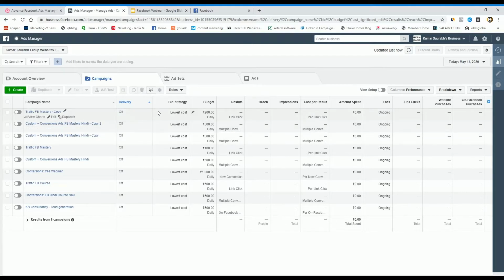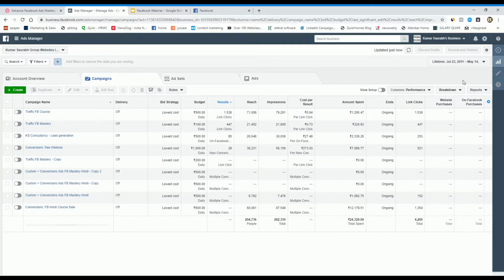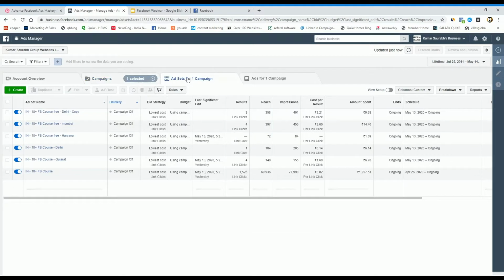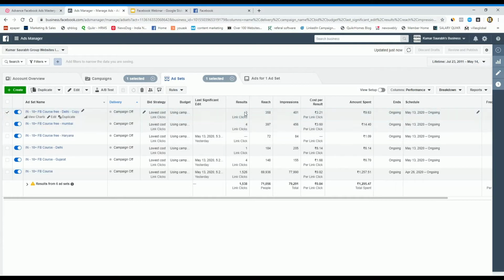Okay, the second thing, so this is a result. So result is all about checking how many clicks you already got in your particular campaign. Okay, so this is campaign. If you select this campaign, if you go to ad set, in a campaign there can be a lot of ad sets you can create, and even you can check particular ad set result.